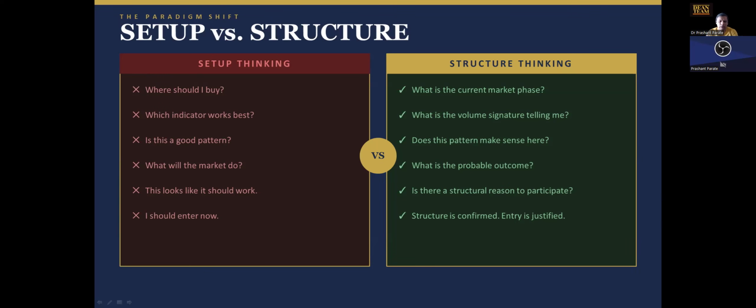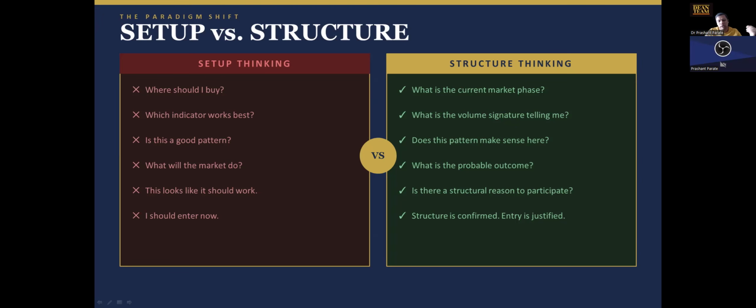If you understand the structure behind that setup confirmation, what is happening, where the accumulation is, what the volume signatures are telling, whether the big institutions are buying in the breakdown or supporting the prices at a lower level, then you will understand that this indicator will work only after this kind of setup has formed, this kind of structure has developed. After that, we have to look for this kind of setup. So don't use the same setup every time in all market conditions. There are different market conditions when you have to use that setup.